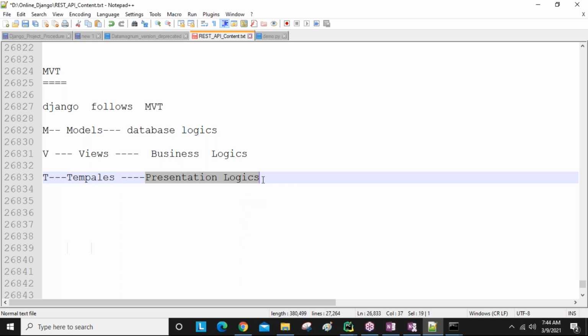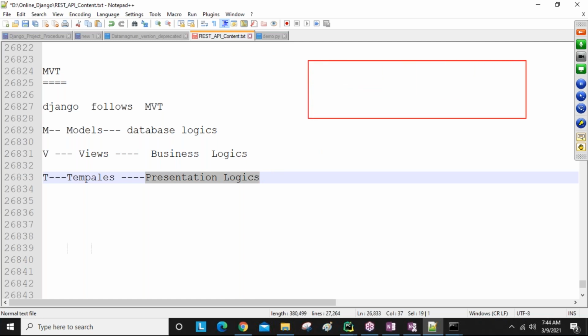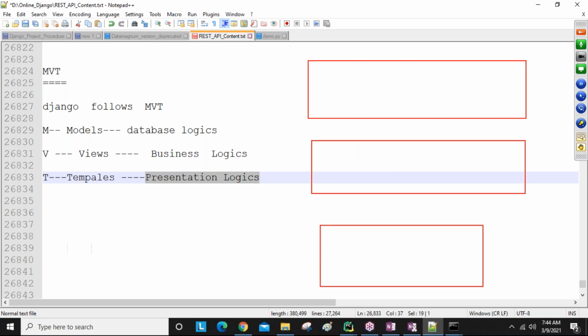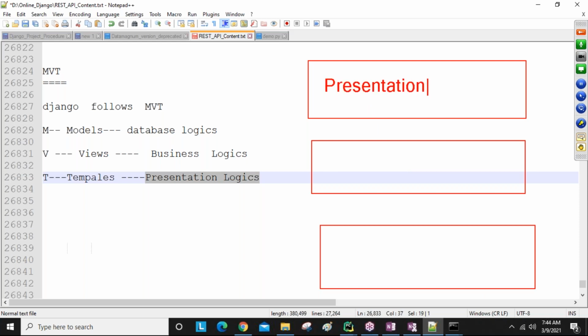Clear, guys? So I told previously, whenever you are developing any application, all applications require a three layer structure. One is the front end layer. For example, if I want to develop presentation code, where are you going to develop? Inside the templates folder. That is the process. And now I want to develop the business code, guys. Business code means all our project logics. So where do we develop it? Inside the views.py file.